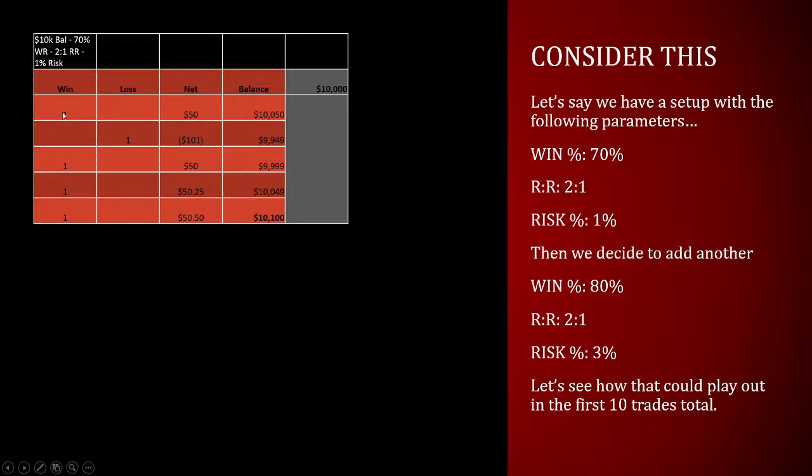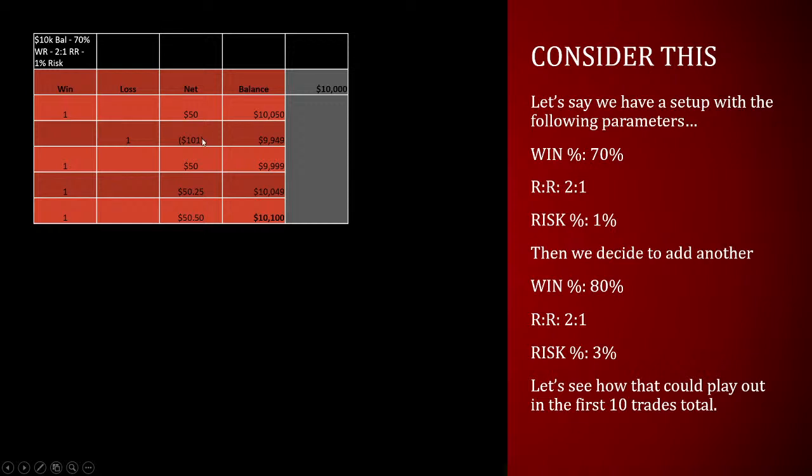So our first trade was a winner. Our second trade was a loss. So that winner, if we're doing 1% risk, would be worth 0.5%, right? Because we're risking 1%, which is the 2, and our reward is 1. So half of 2, right? Which, if we're doing 1% risk, then it would be a 0.5% reward. Okay, so $50. Now our balance is $10,050,